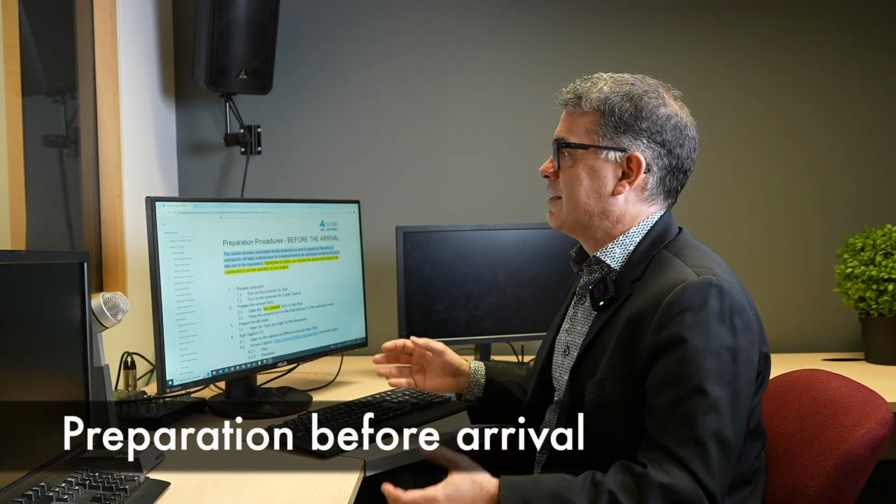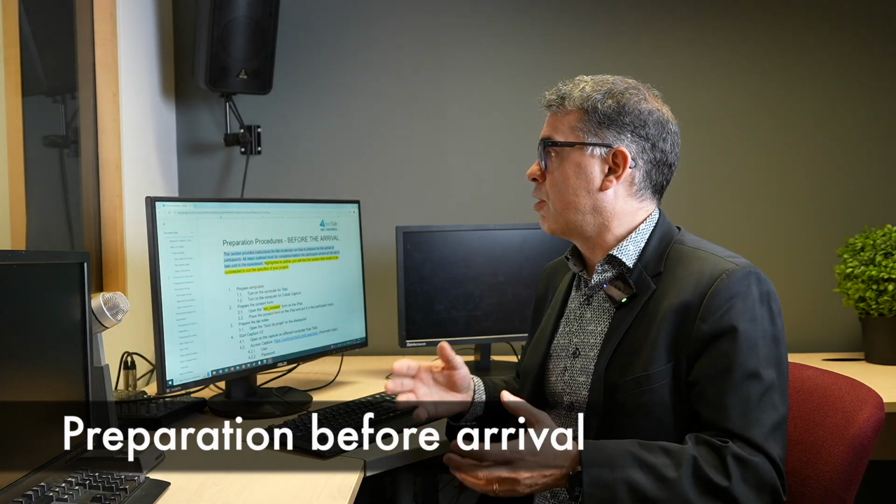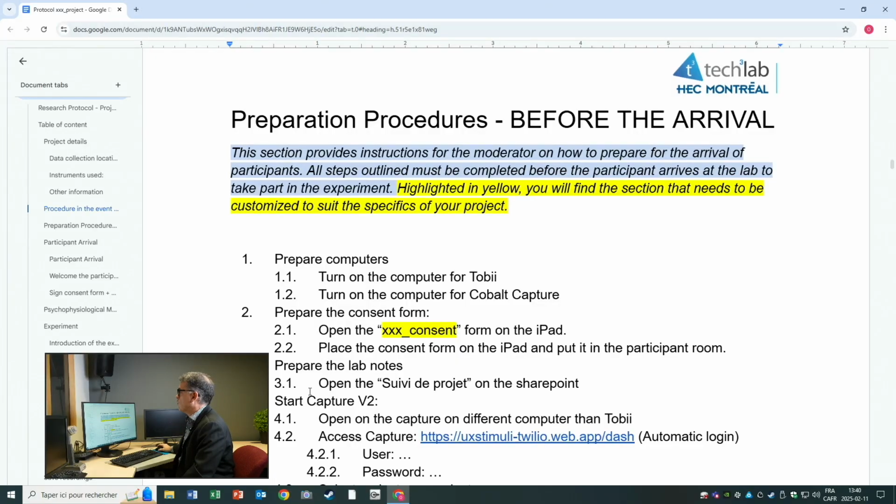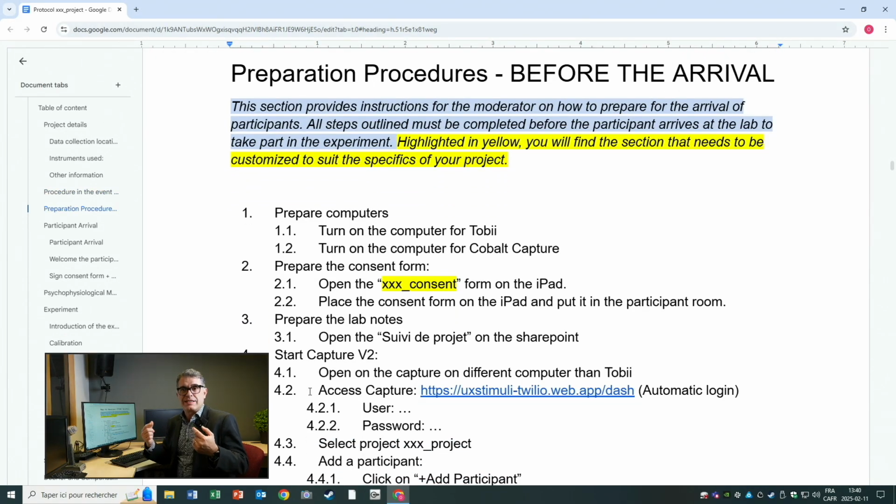Moving to the third section, this is the preparation procedure before the arrival of the participant. So before the participant comes into the lab, there are some specific things that you need to do for this participant, right? So making sure the room is ready. Here in the template, I'm going to highlight a few elements. This may change from project to project, so you need to go and make sure that these apply to your project. So what the moderator is expected to do